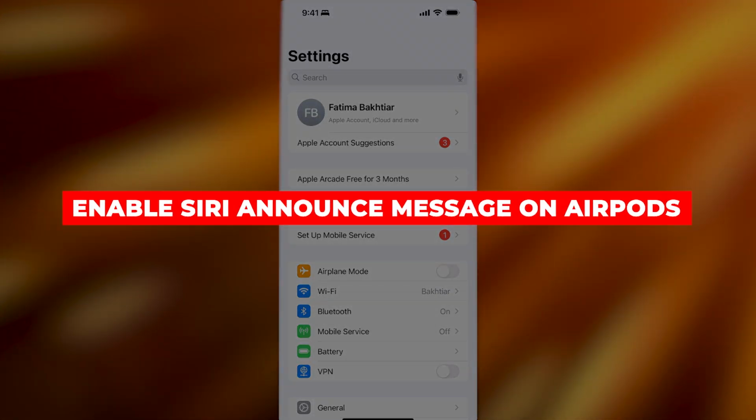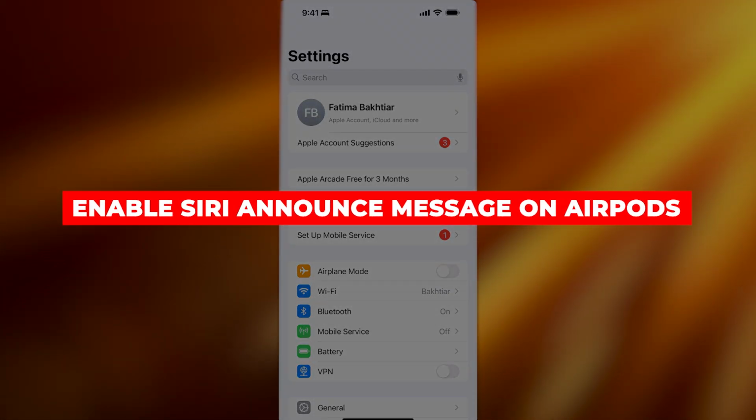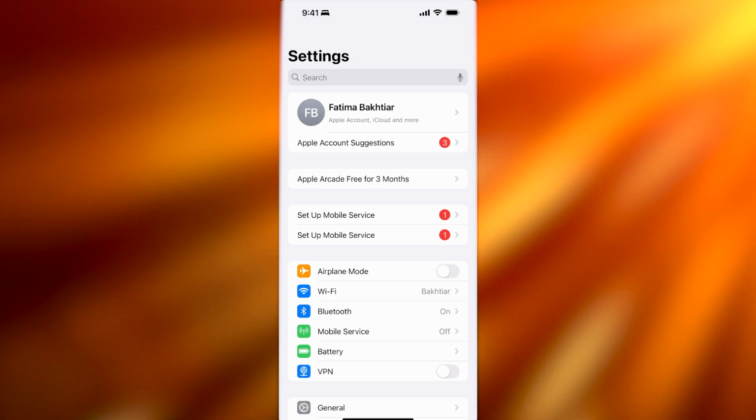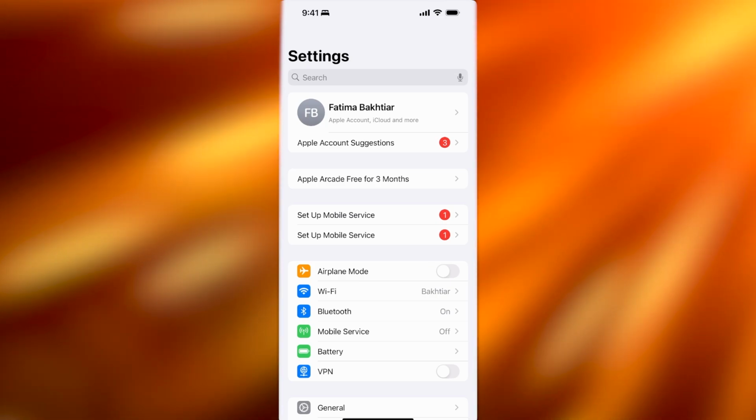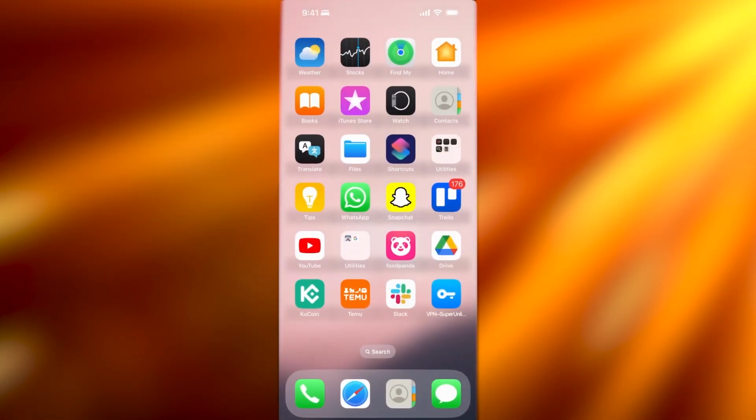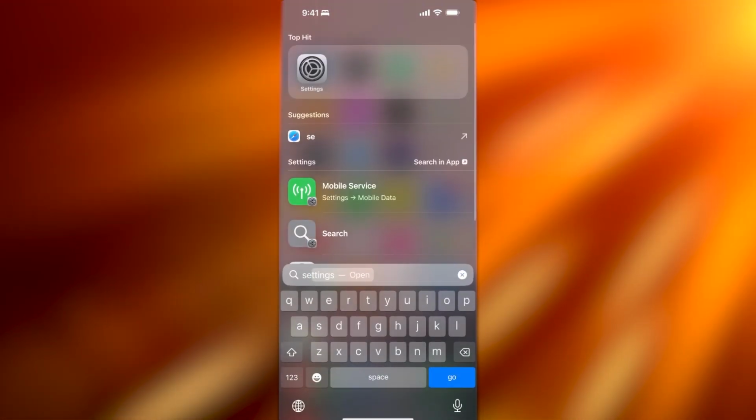How to enable Siri's announcement messages on AirPods. This is a hands-free feature on your iPhone. So if you want to enable Siri's announcement messages, you're simply going to go into your iOS device, click on